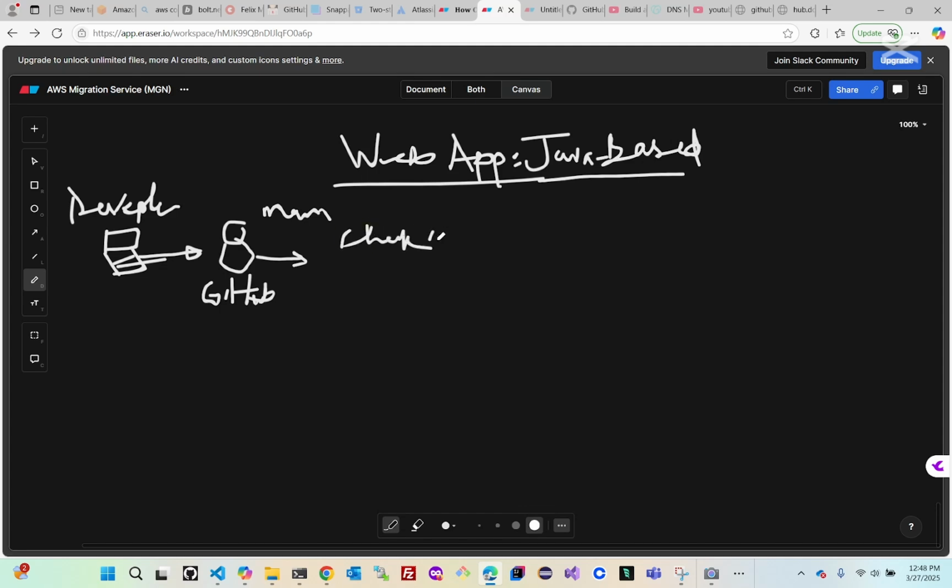Okay. We check out into our local. Let's assume we clone it into the local repository, into our local machine. So the first thing we want to do is we move ahead to do what we call Maven compile. So Maven, which is a tool that we are going to mention about, will